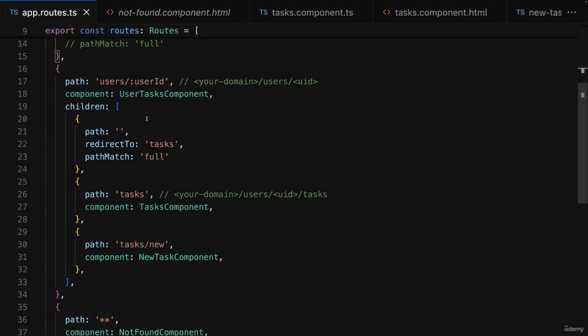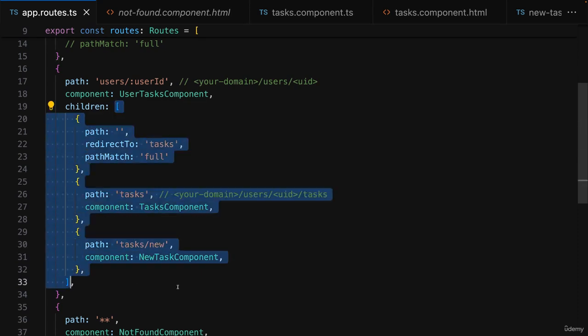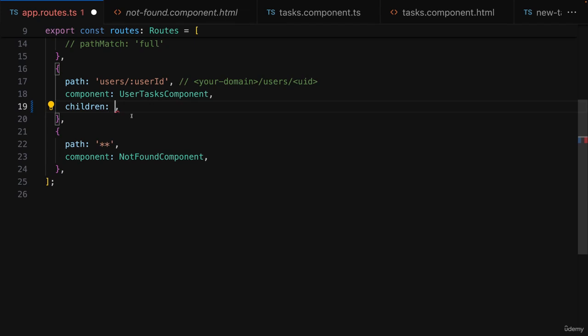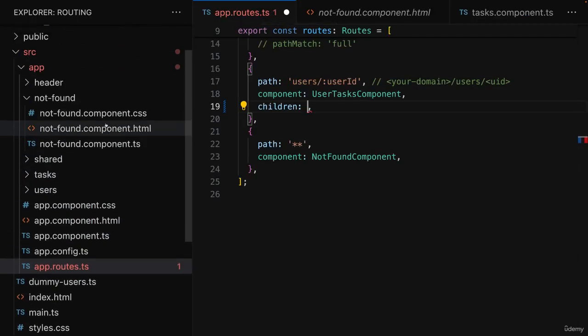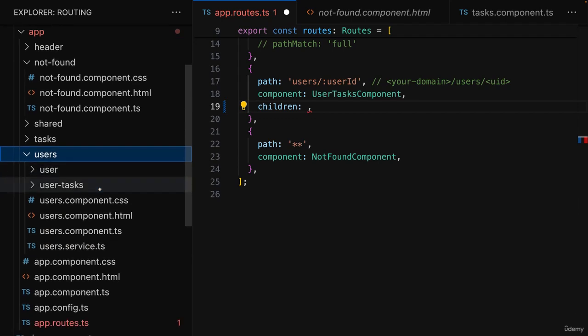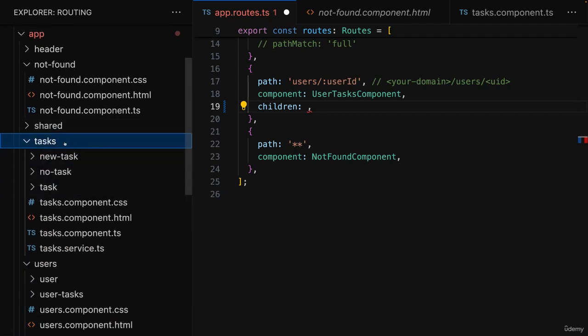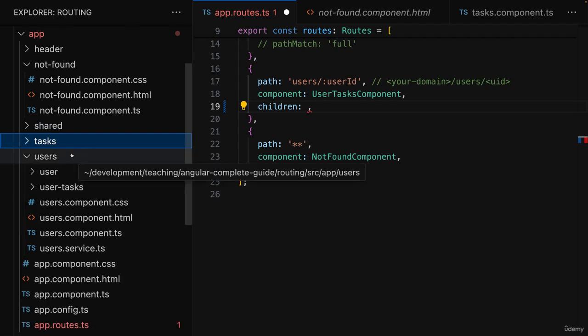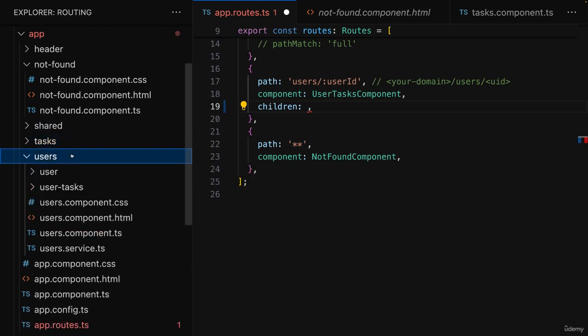You could, however, consider outsourcing those child routes into a separate file to keep that main file a bit leaner and to get into this habit of keeping your overall project organized by working with multiple lean files. And therefore we could grab this children routes array here and then go to the users folder, for example. Though you could also argue that it's a tasks related feature, that's up to you. But here I'll go to the users folder and there I'll add a